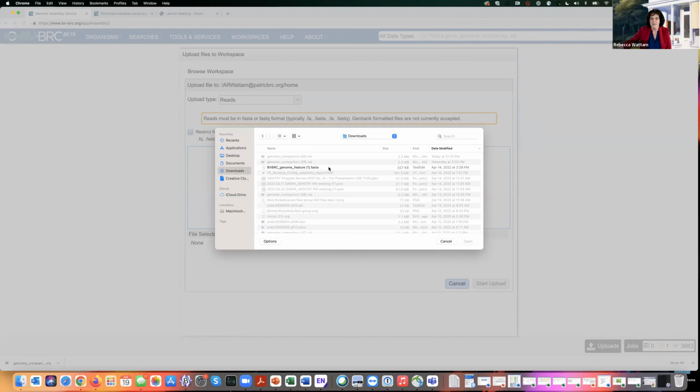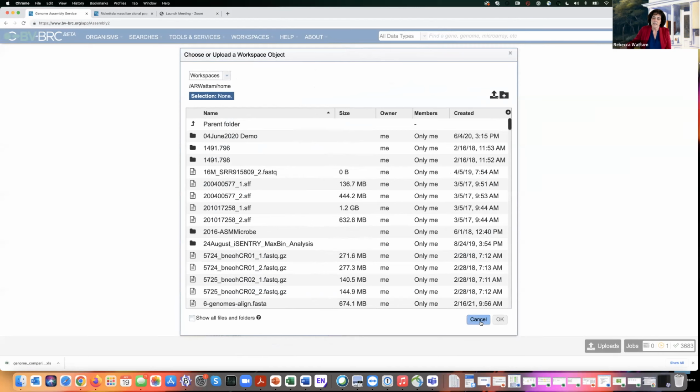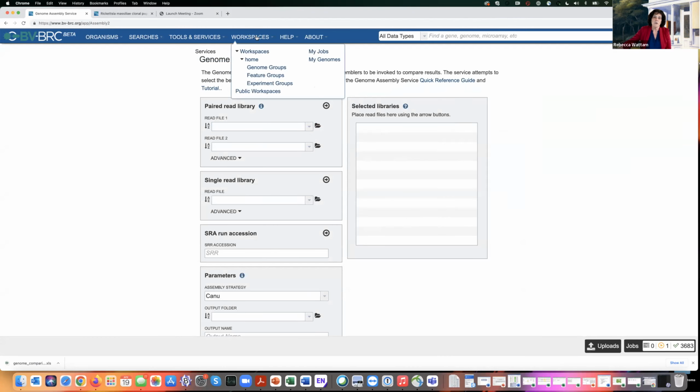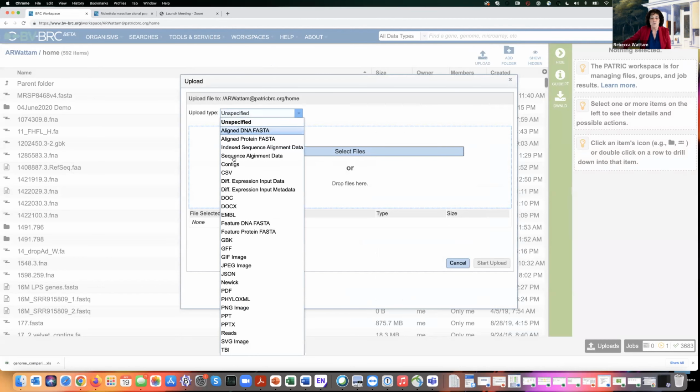Yeah, well, when I'm looking here in my computer, it's looking specifically for things that have the right format. If you upload it yourself into the workspace, let me cancel here. If I'm in the workspace or my home directory, and I upload here,